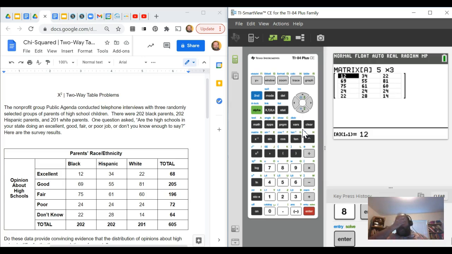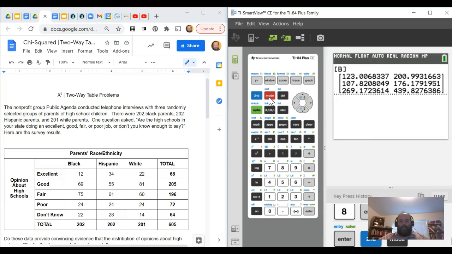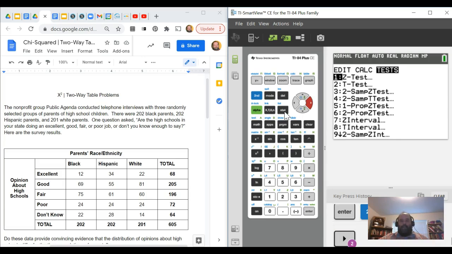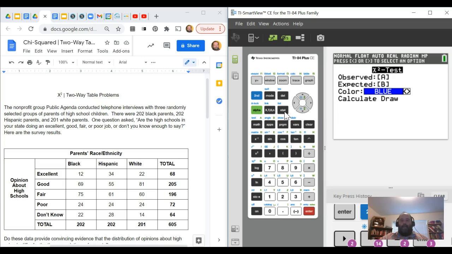Always good practice here is to go back to the main screen. Then I'm going to go stat, tests, and I go down to the chi-squared test. I calculate. It actually came up with the degrees of freedom for me. It's 8, because it does that. And it gives me this p-value of